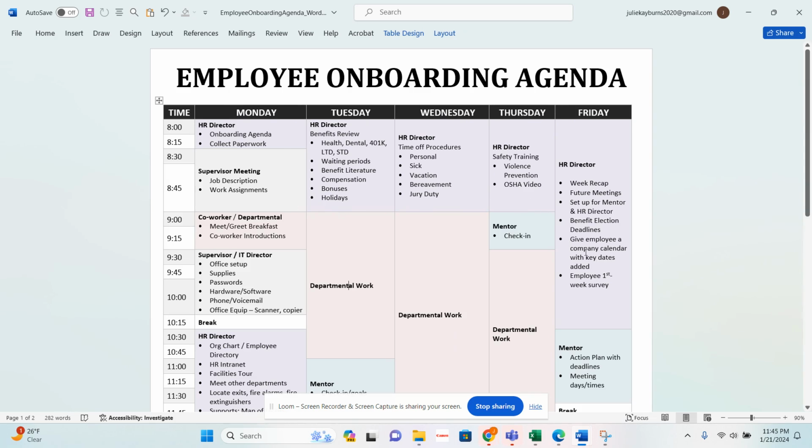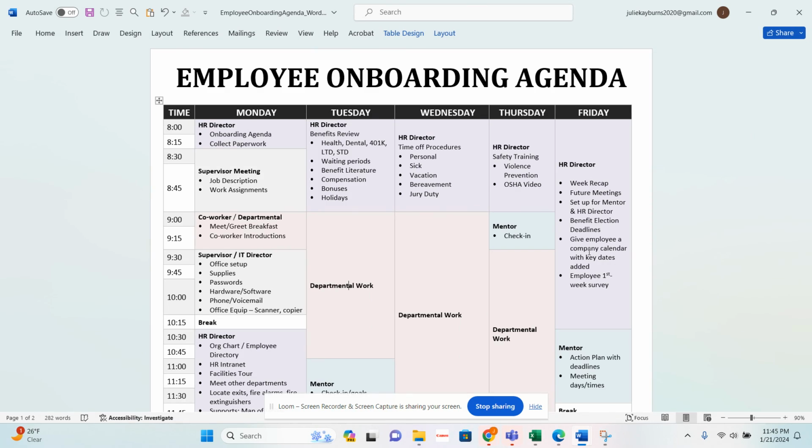The employee is going to show up and meet the receptionist. The HR director will come and take the employee to give them their onboarding agenda for the week, and also collect their new hire paperwork. And why is the HR director collecting the new hire paperwork? Didn't the employee just start today?